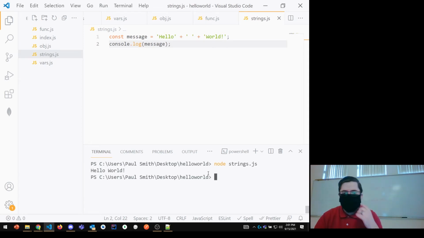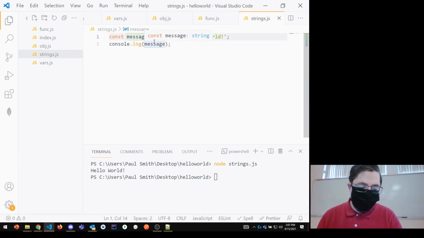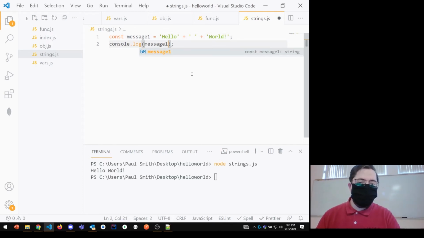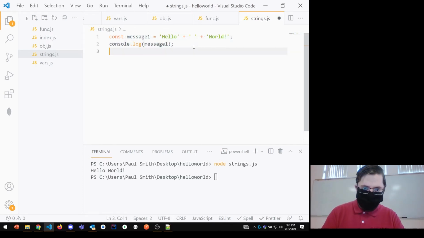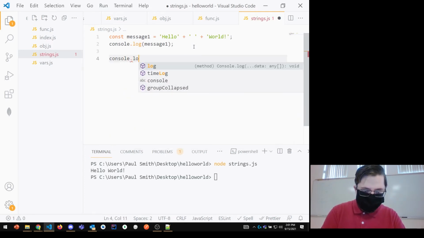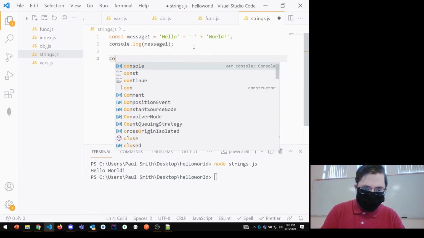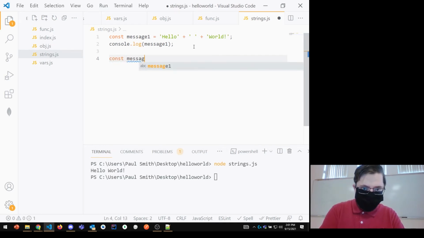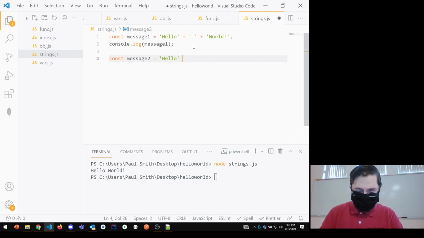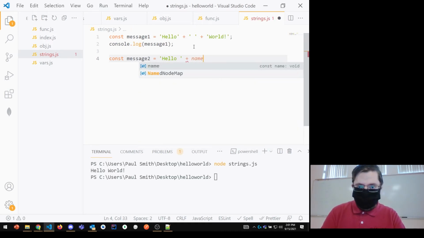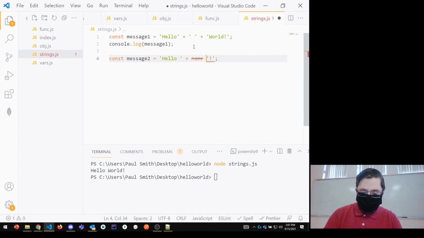But oftentimes we end up in cases where we don't have some of those. Maybe they're inputs, they're variables from other code that we're working with. So oftentimes you may have something more like console.log, or sorry, const message2 is equal to hello, and I want to squeeze in there somebody's name. Right, so maybe I need to declare the name. So const name is